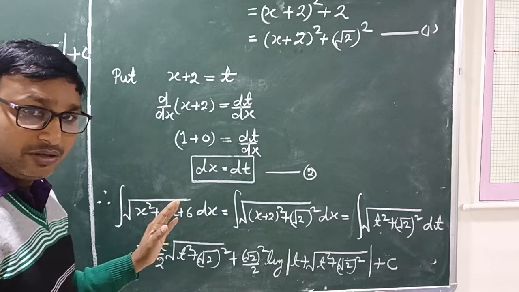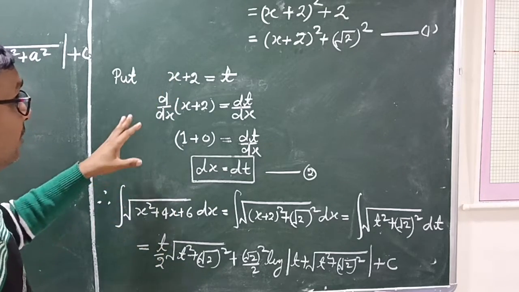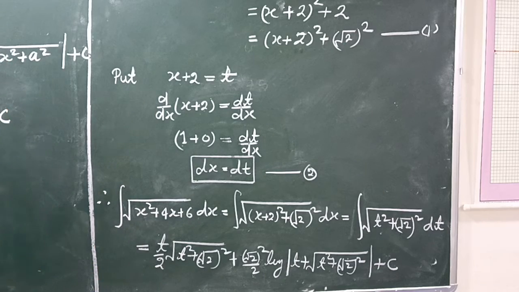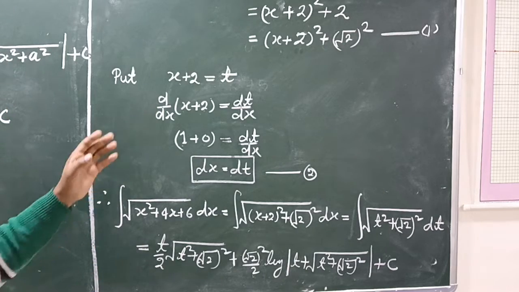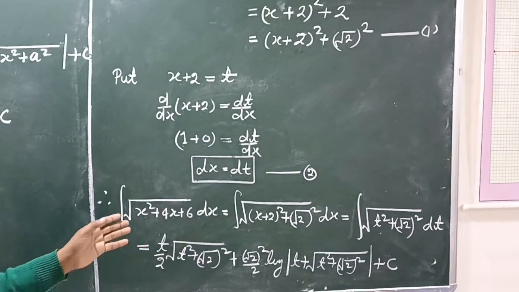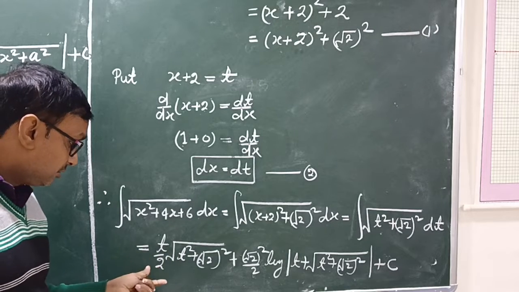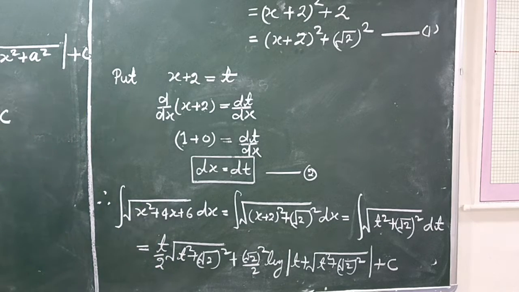If you have any doubt, is the concept clear? You can easily solve this type of question by using the two given formulas. First we convert the expression by the completing square method if it is not already given, and after that use the substitution. Finally we get the solution of the given question. Clear?